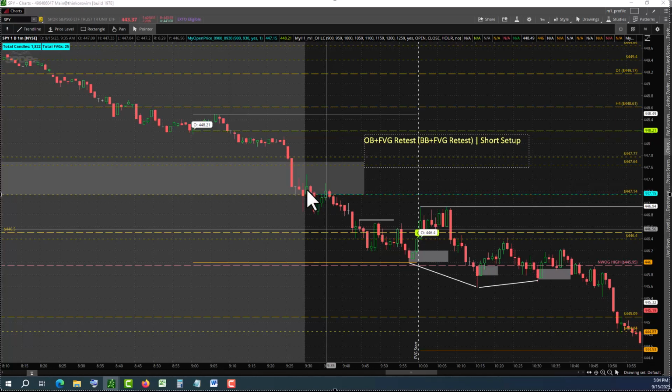Look at this order block, right? A closed candle, and you have a displacement and a retest. And if we treat it as a swing low,